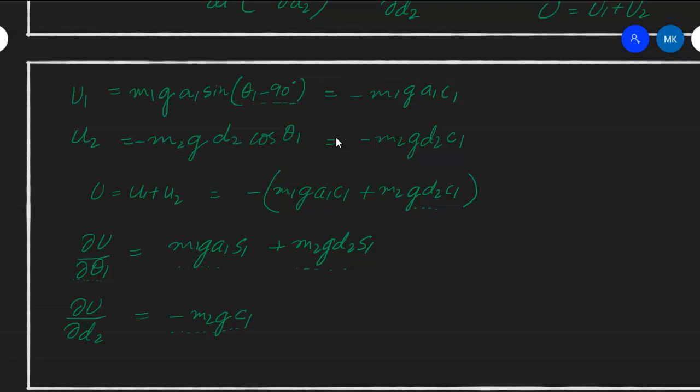All right, next let's move to the kinetic energy evaluation. In order to evaluate the kinetic energy of the two links, we will first look at link 1. The kinetic energy of link 1 would require the linear velocity of the mass center and the angular velocity about the mass center. The linear velocity of the mass center we have seen for the two link manipulator, and we have also seen for the single link. So we can write it like this.